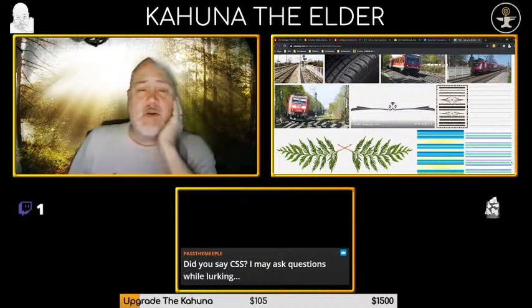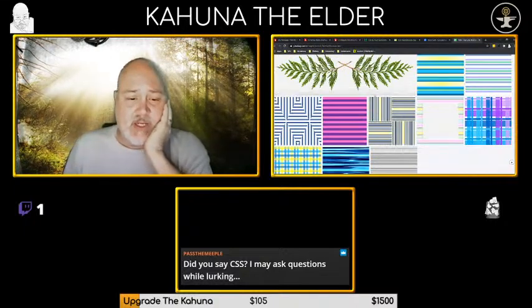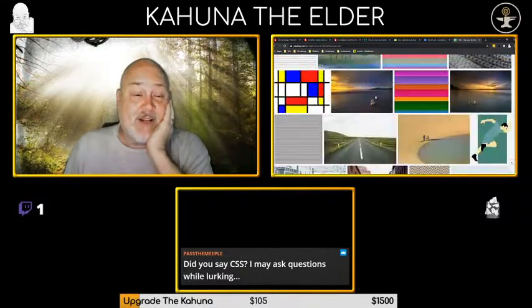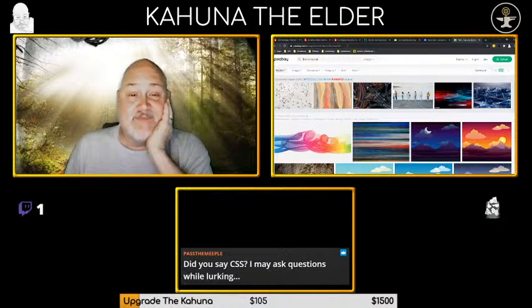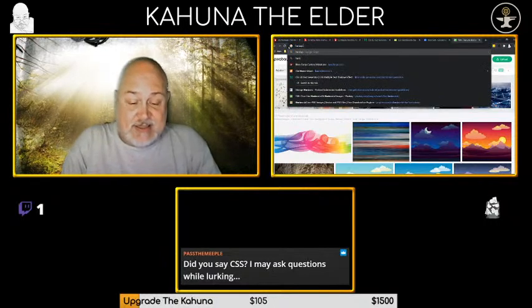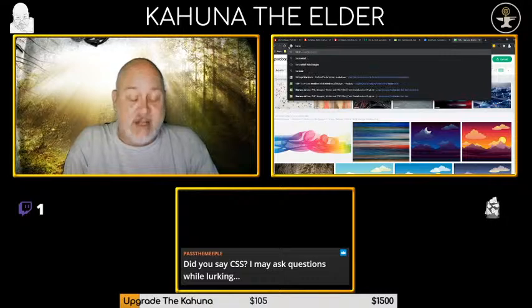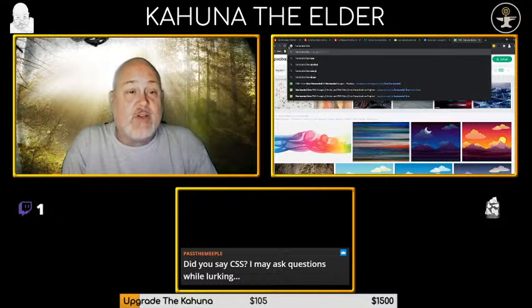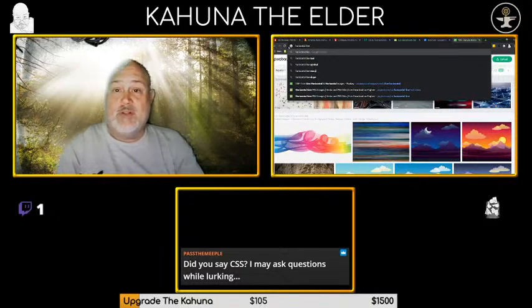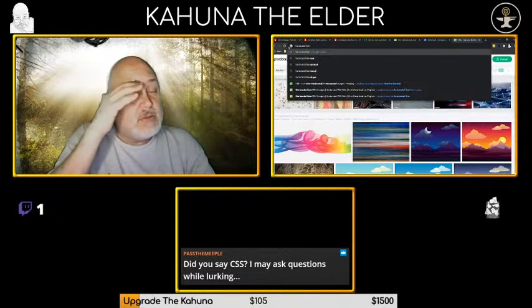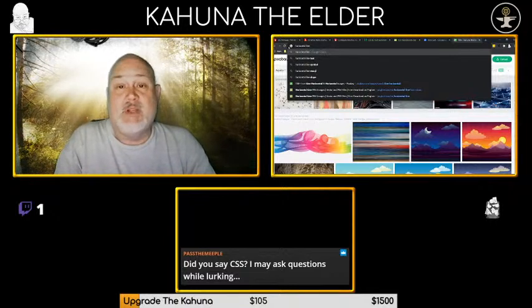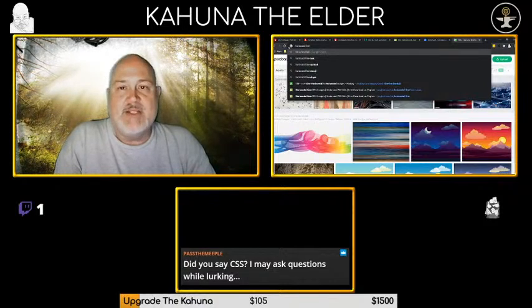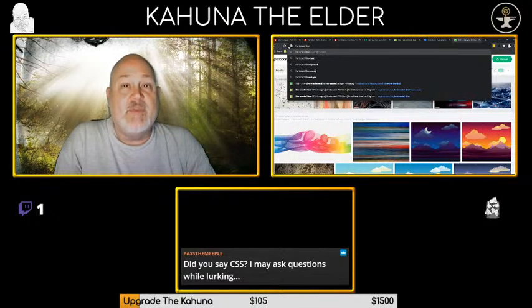lurk away or ask away. Yeah, I'm working on CSS for the 7th iteration for my world. So I do recommend, if you are going to mess with CSS on a World Anvil world, just create a second world and use that for messing around, because that way you can play with it until you're happy with it and then move it all over. Otherwise, you're going to get yourself into a nightmare. The other thing is,